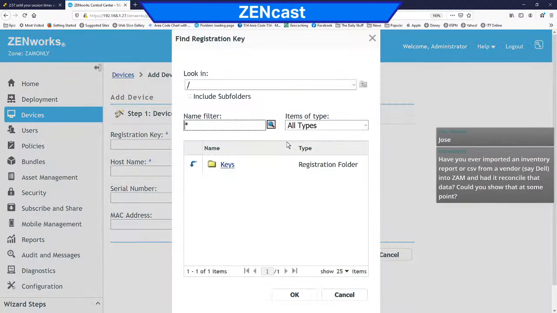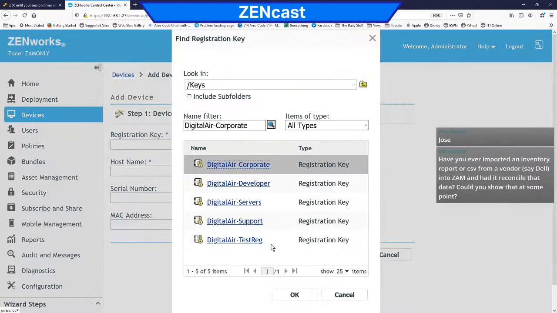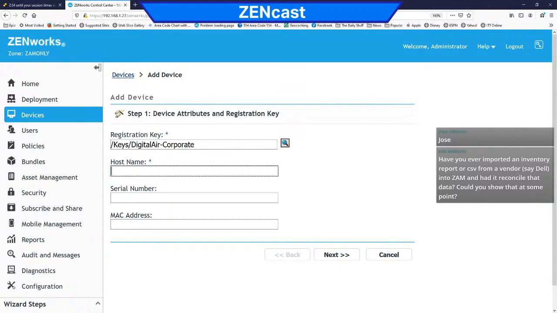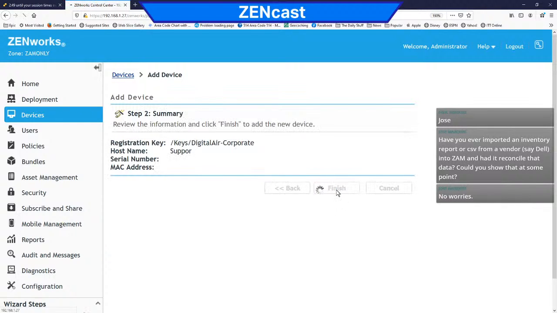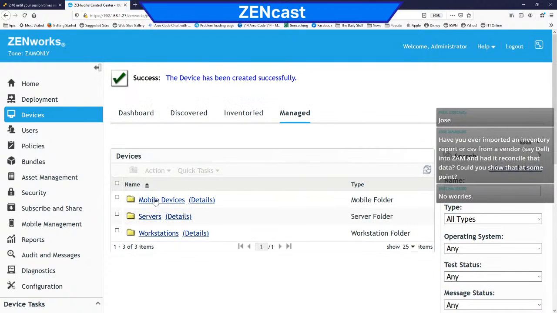So if we went host name, support, and I did a CSV with adding devices in. As a matter of fact, let me show you that. For instance,